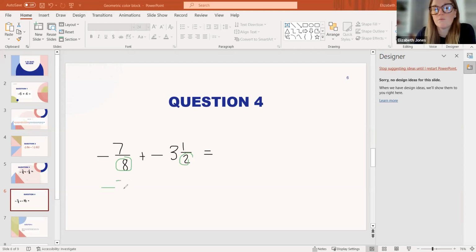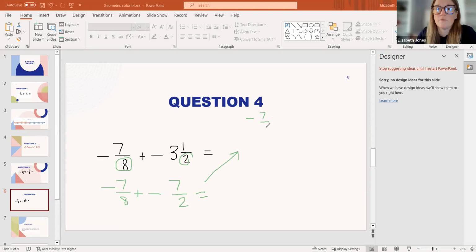The first thing that I'm going to do is write this 7/8 down here. And I'm going to cover something that you can do with the calculator also. But we're going to convert this mixed number into an improper fraction. So we have 3 times 2, which is 6, plus 1 is 7. So we end up with 7/2. Now, being able to use the calculator means that we could do 7 divided by 8, we could get that decimal, and then we could do 7 divided by 2, we could get that decimal, and we could combine them that way. I'm going to go ahead and work on it with the fraction